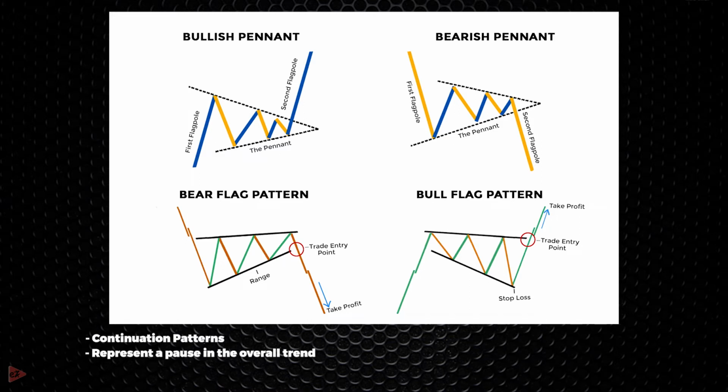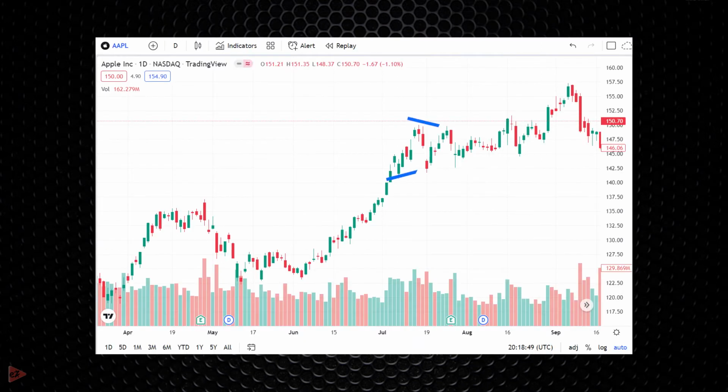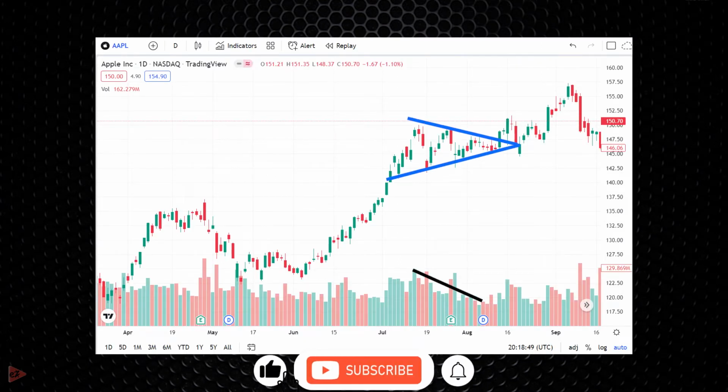Both of these patterns are usually preceded by a sharp move in the stock price, whether it be to the up or to the downside. As these patterns are forming, what we should see is volume decreasing. The way we should be thinking about volume is as if it is a voting system. So in this case, if we see volume decreasing, it would mean that there is not much interest in going